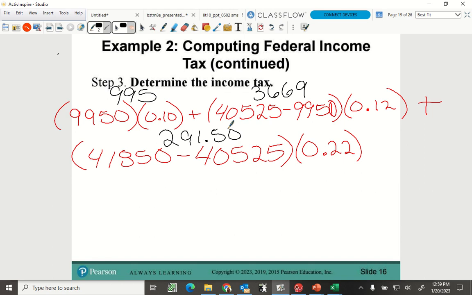Now, the reason why I wanted you to do it all in the calculator is this is going to be standard. This first bracket is always going to happen as long as my taxable income is more than that. The second one, as long as my taxable income is in the third bracket, it's always going to be that amount. So it's always going to be this amount plus this amount. So there is a pattern to this. And the last one, as we add all these together, Luke's tax responsibility now for all his minions is